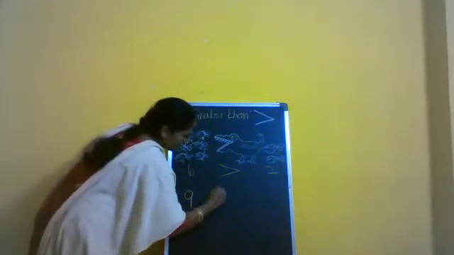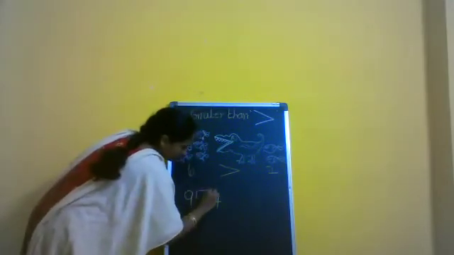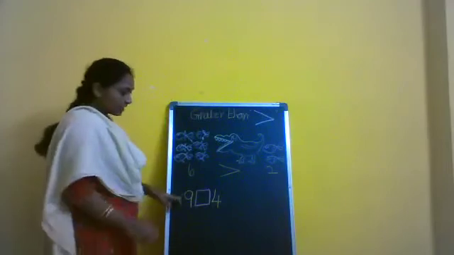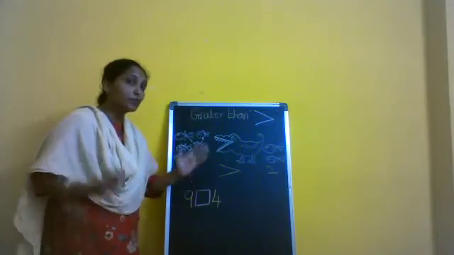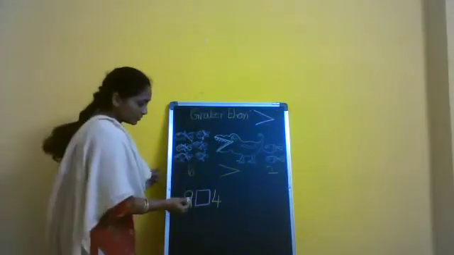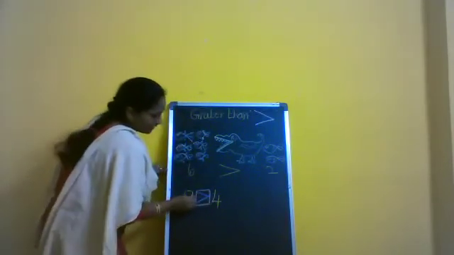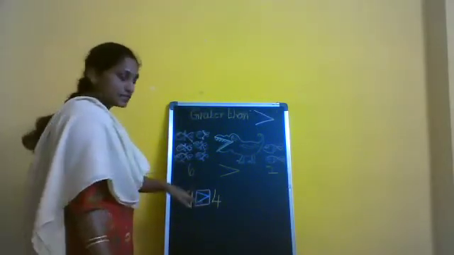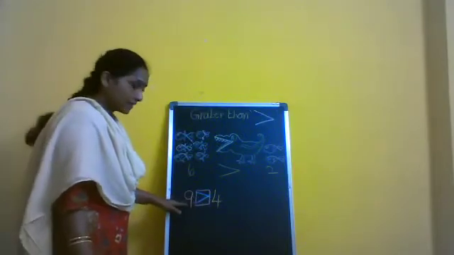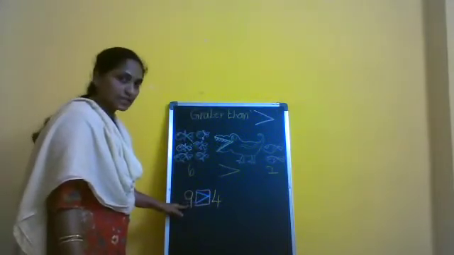Here, what is this number? 9. 4. Here 9 and 4 are there, right? Which number is greater? Crocodile wants to eat more. Big number, right? So we open its mouth to the big number side. Big number side, left side. This is the symbol of the left side, it is the symbol of greater than. The first number is the greater number. Observe. So, it is the symbol of greater than.